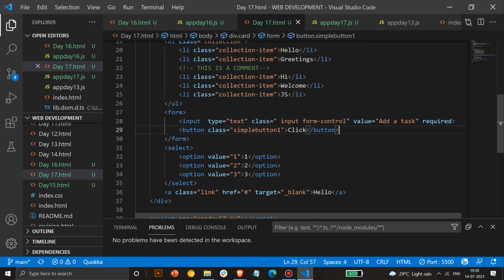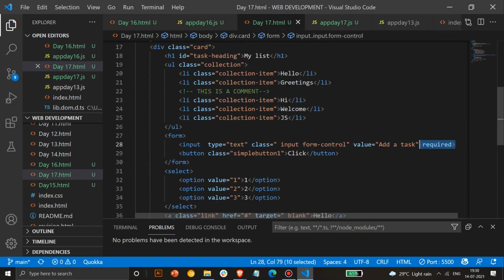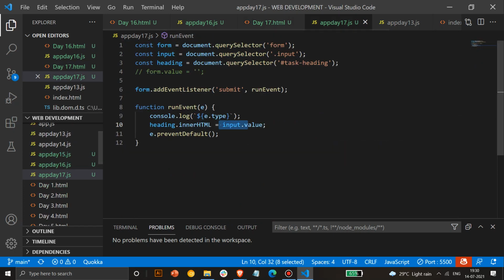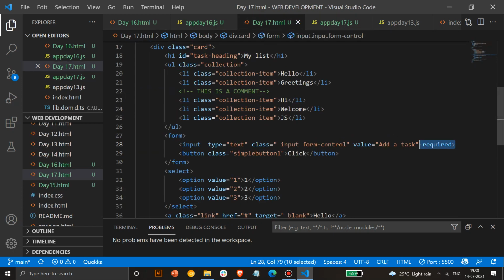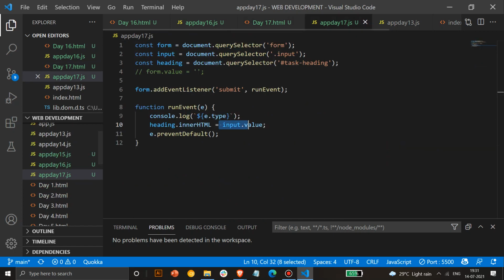Don't forget your HTML when you are learning JS. Okay. So do keep that in mind. Required is always required. Always use it when you have to keep something as compulsory. If you have to keep some field like name, age, these kind of things compulsory, you can put required there. Okay. Now it's clear, Priya?